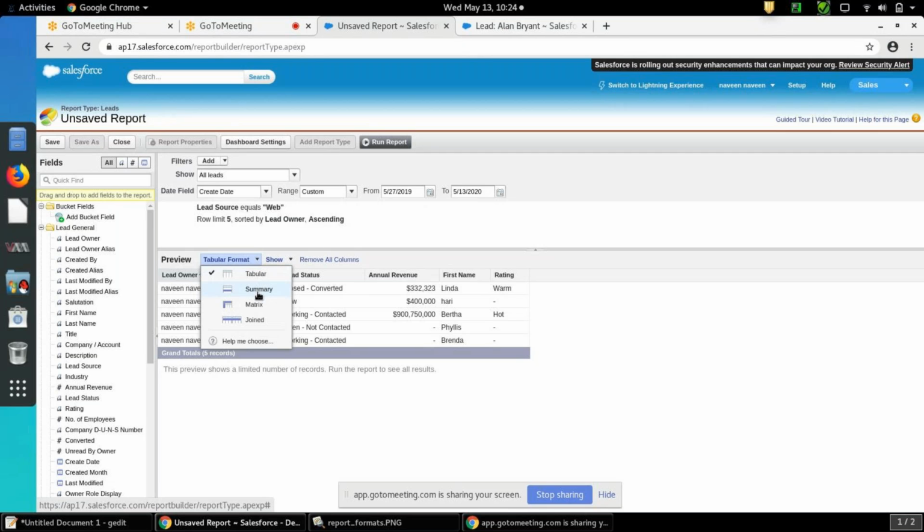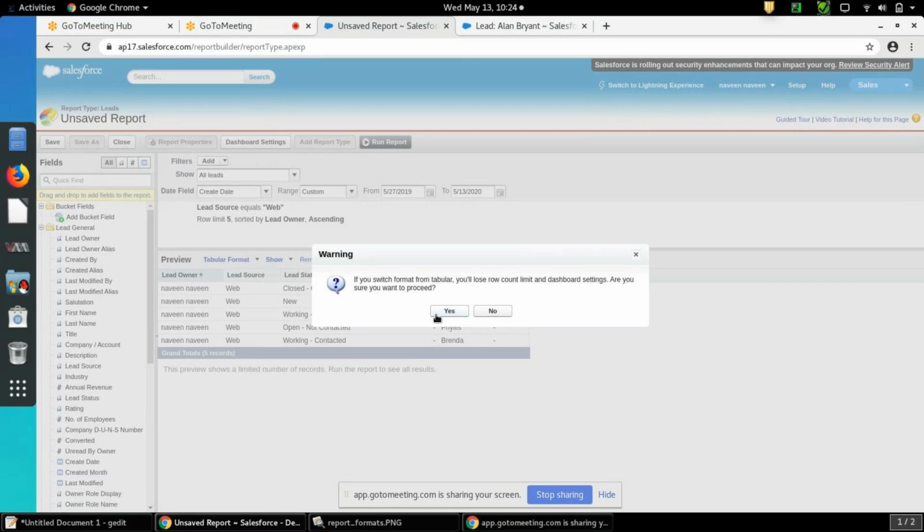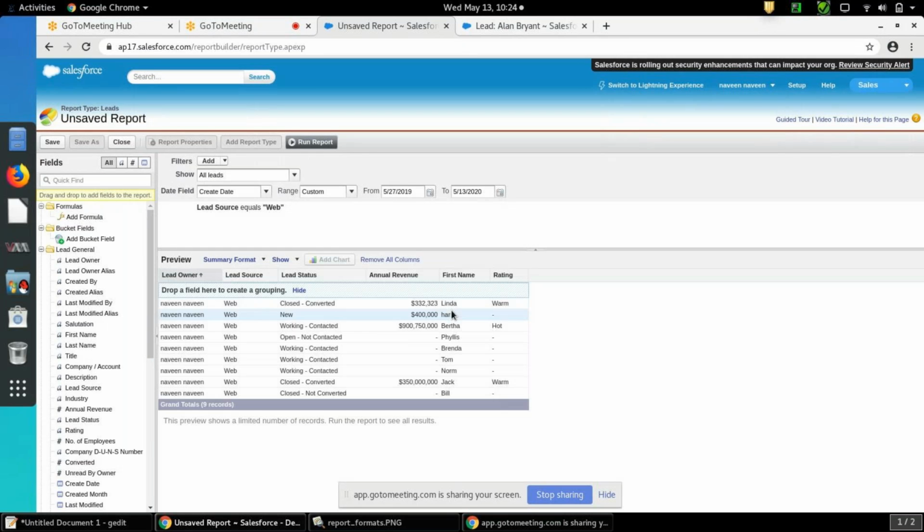So click on summary. Can you see now only the condition lead source equals web remains. If you want to add a chart also, you can add a chart using summary report and matrix report.